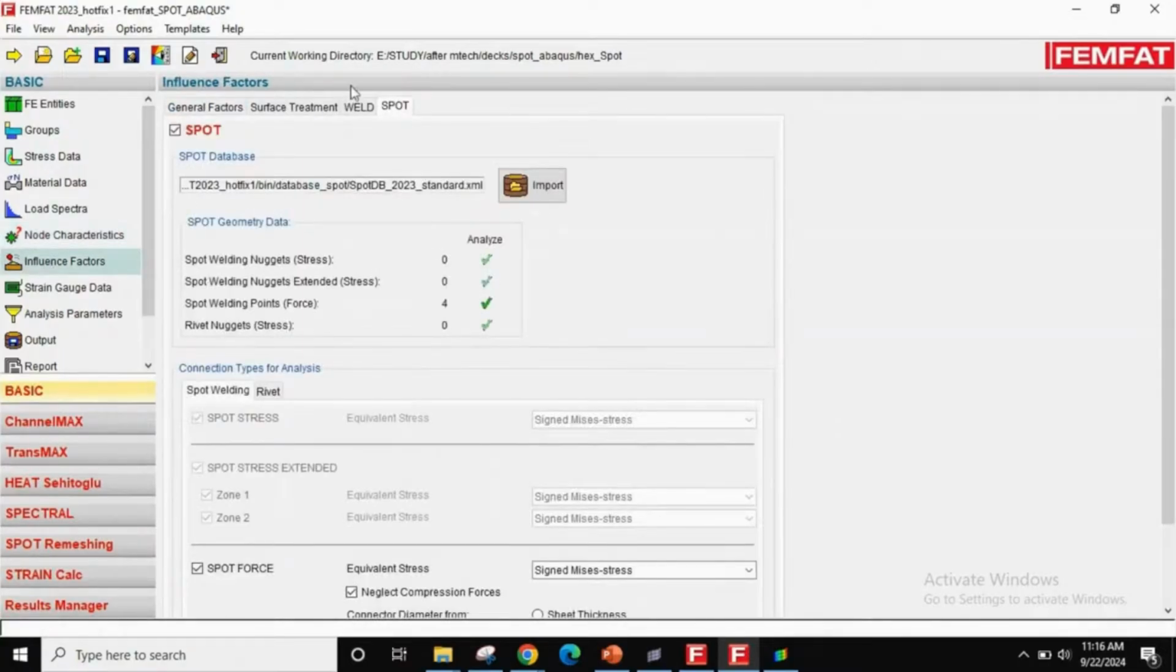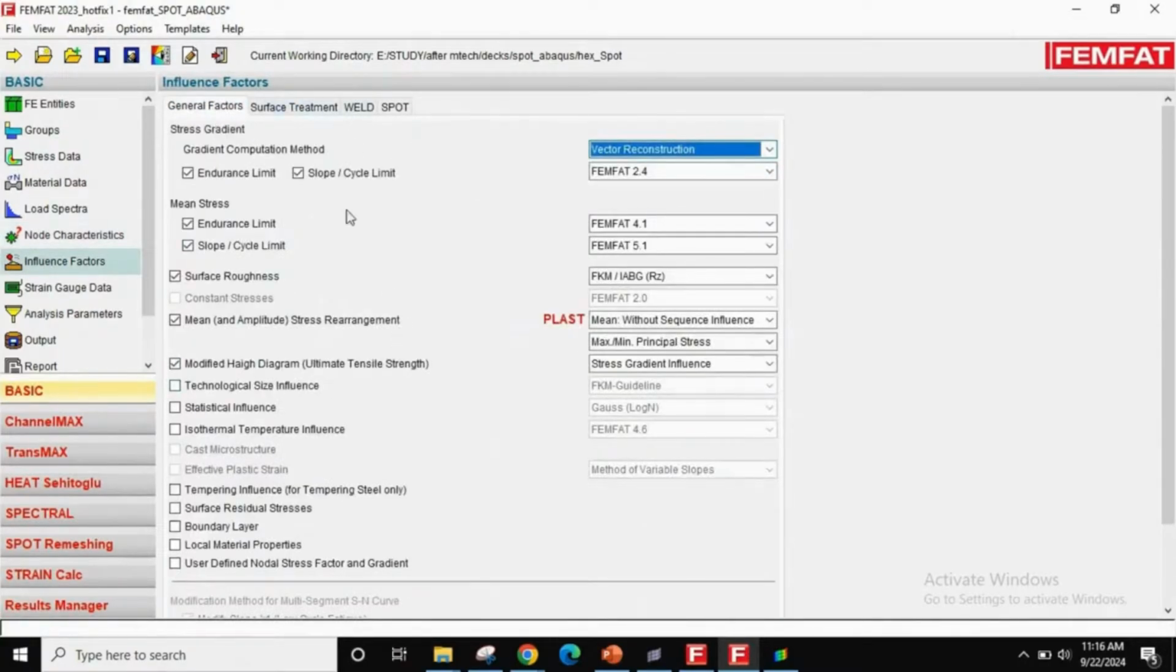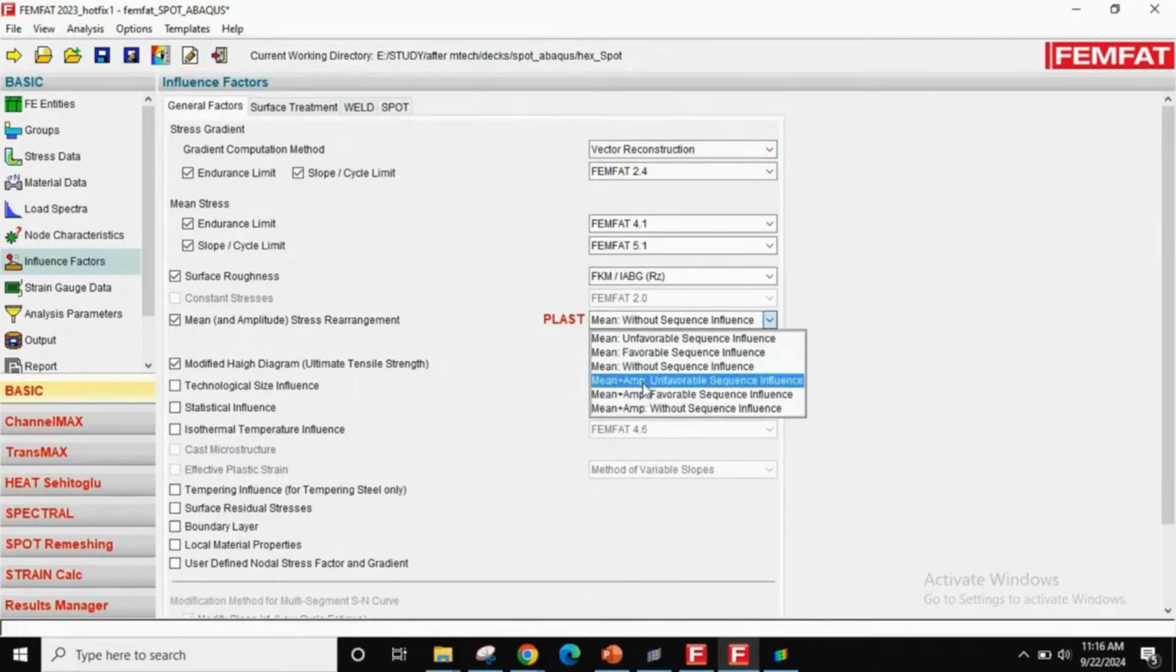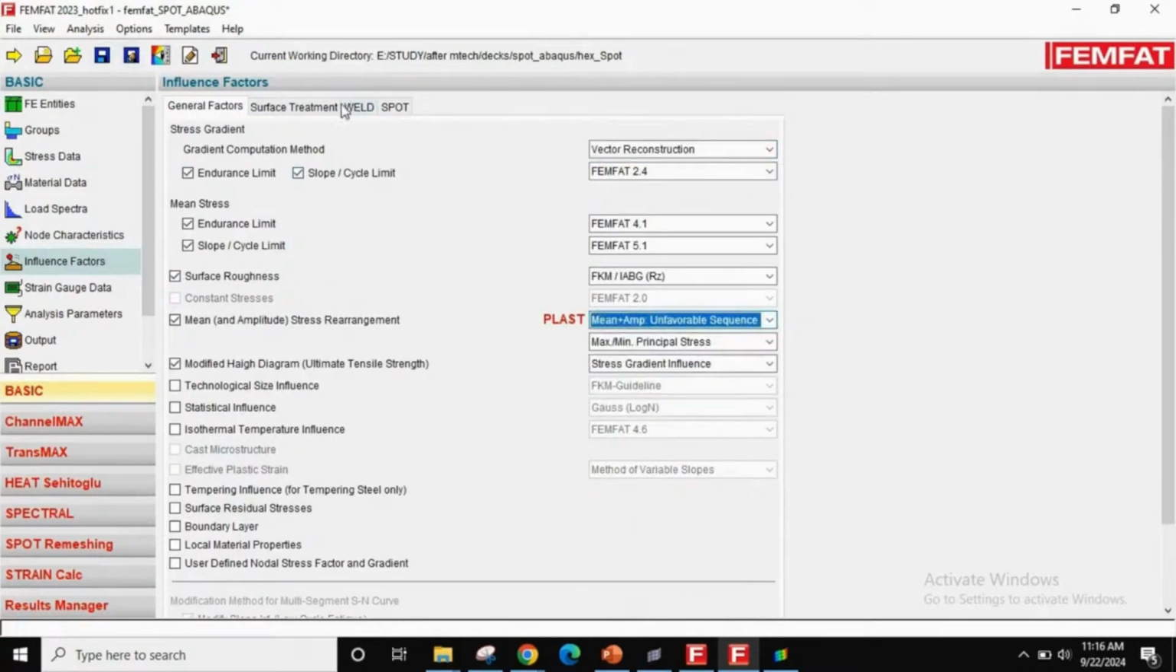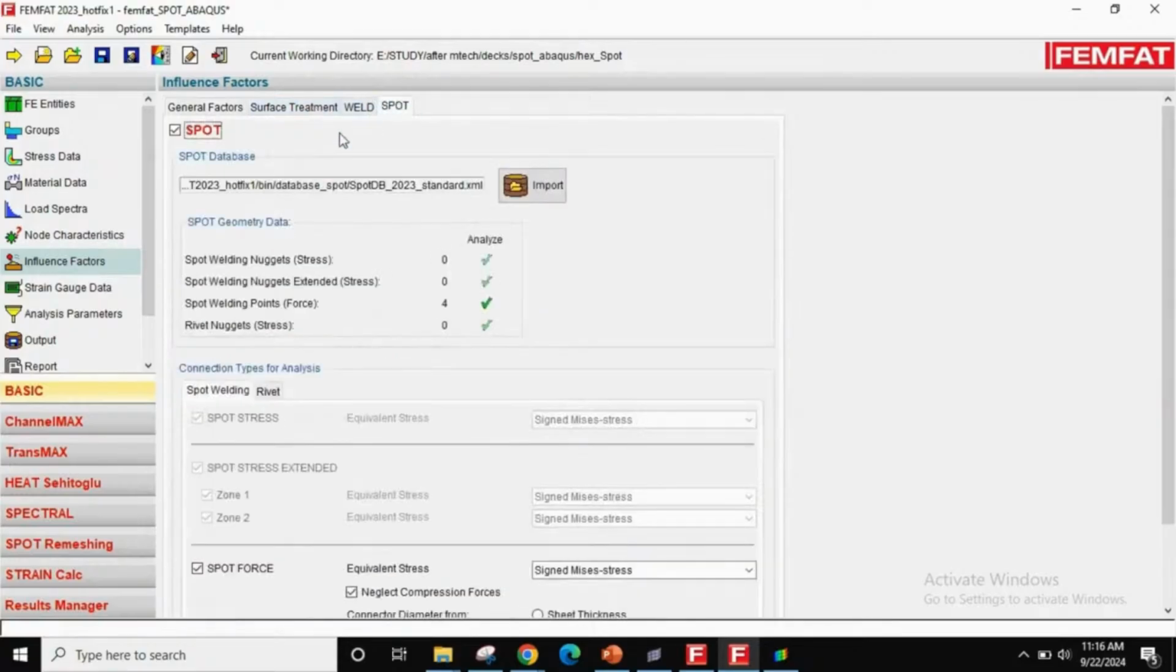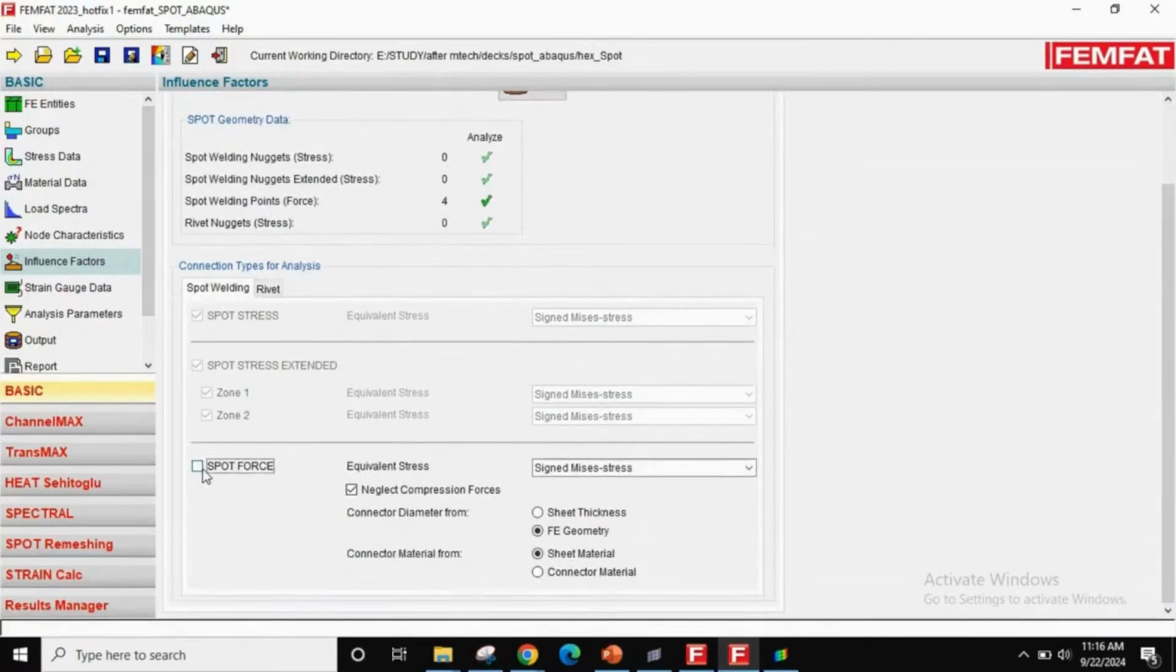Then in influence factor, general factors, you can copy these properties blindly, and I will put mean plus amplitude and favorable sequencing. And then in spot, you need to check this box to enable this spot. If you don't check this box, this spot will not be solved. So you need to check this box, and then go to spot force, again check this box, sign one message